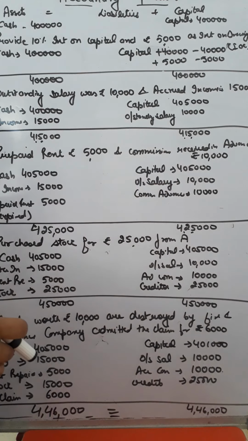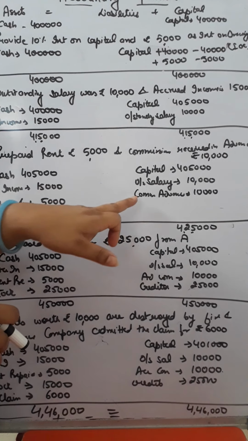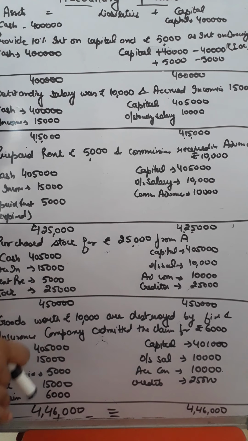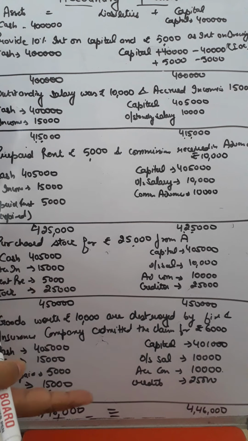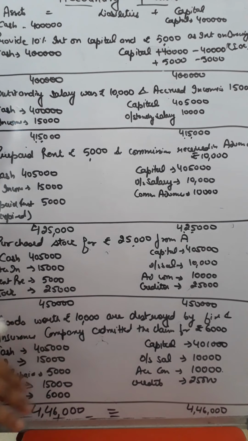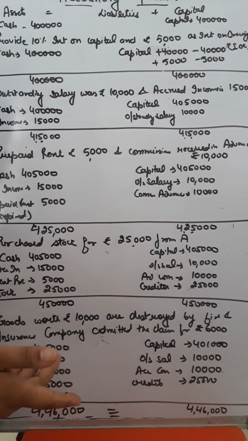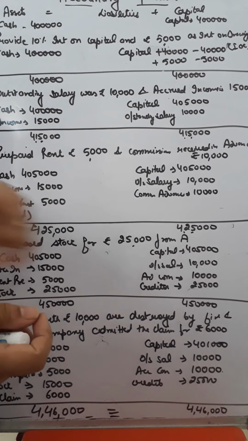So when you are receiving something, you will add it in cash because cash is coming in. And now this is our liability. Incomes received in advance. Why do they become our liability? They become our internal liability for the next year, because this is the income which you have received now, but you cannot treat it as your income and add it in capital, because this income is not of the current year, this income is of the next year. So you will treat it as your liability for the next year.